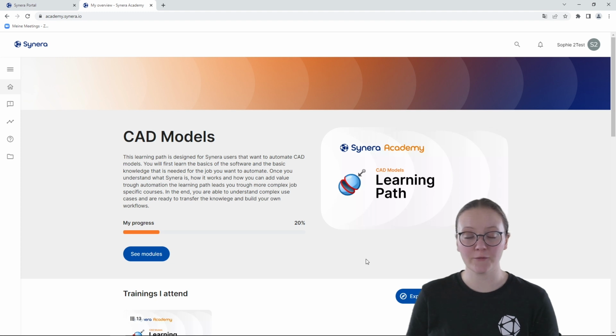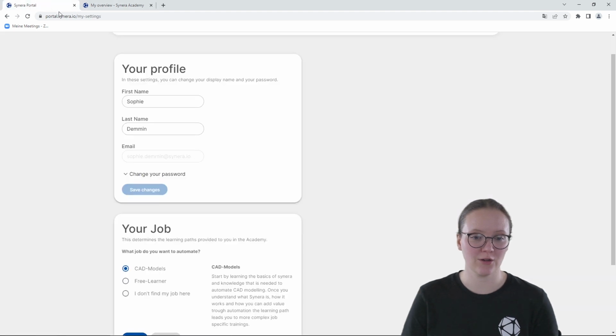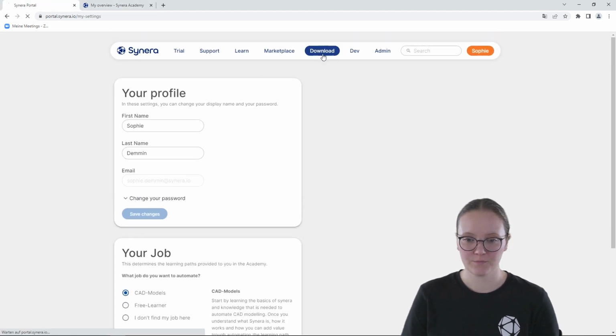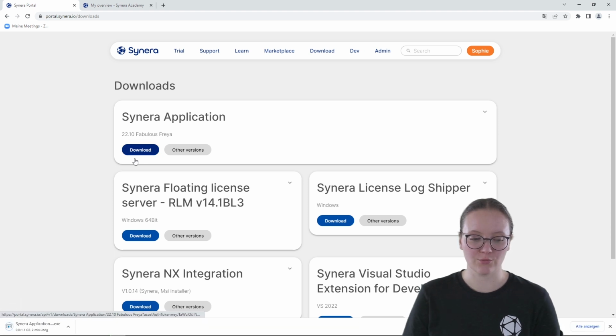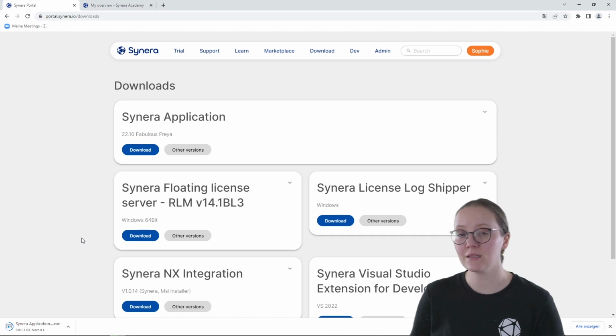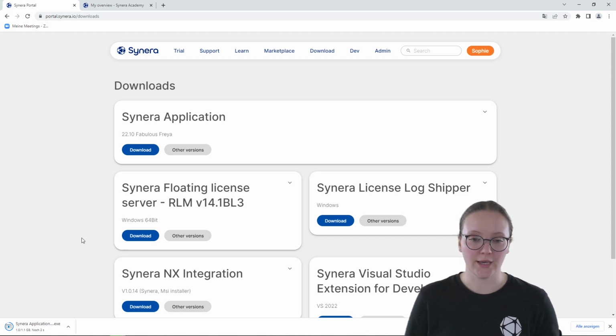To get started now, of course, you need to have the software installed. If you haven't already done that, please go to Download, download the newest release and open it. You will then have to activate your license. This depends on the license type your company has, so you might need some support from your IT department with that. And in the documentation,